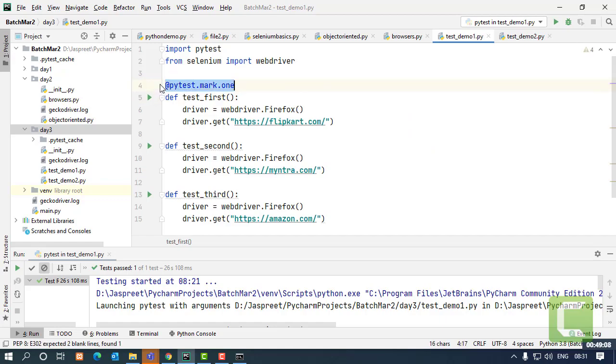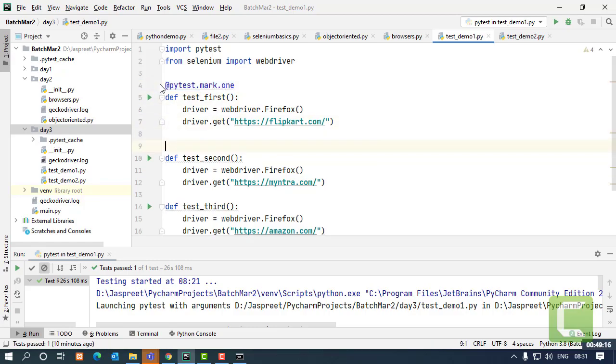Fine. Now in this group I want to introduce whichever test cases I choose, so I have to apply this annotation on the test case. I want test case 3 to be in group 1, so that will be over here. I want the second test in another group, so I'll change the name of the group and make it, let's say, 2. This way my grouping has been done.